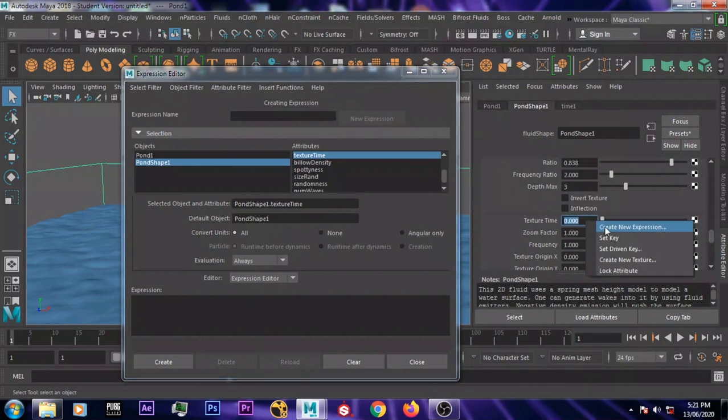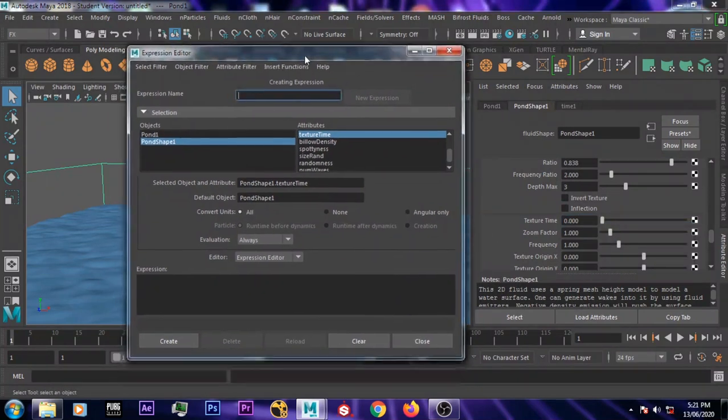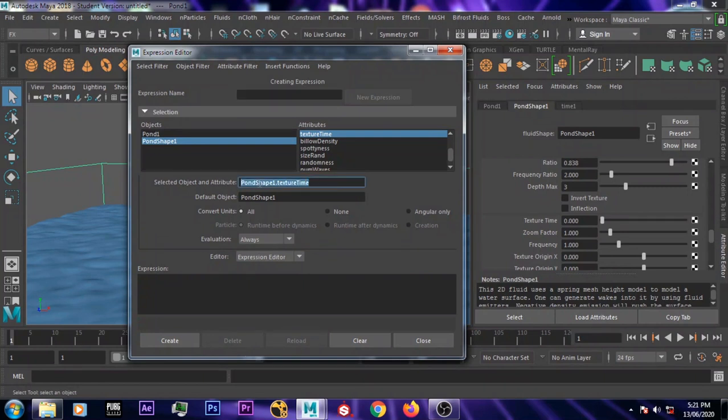This window will pop up, and what you have to do is copy the selected attribute, this text, and paste it in, and just add something: type equals time into 0.5 or 4, 5, 6, any number you wish as you want to animate. If you want to animate faster, you will put higher values, or if you want a slow animation, you just put lower values. So I will go with 0.2 and just end this expression. After your expression is done, just hit create.